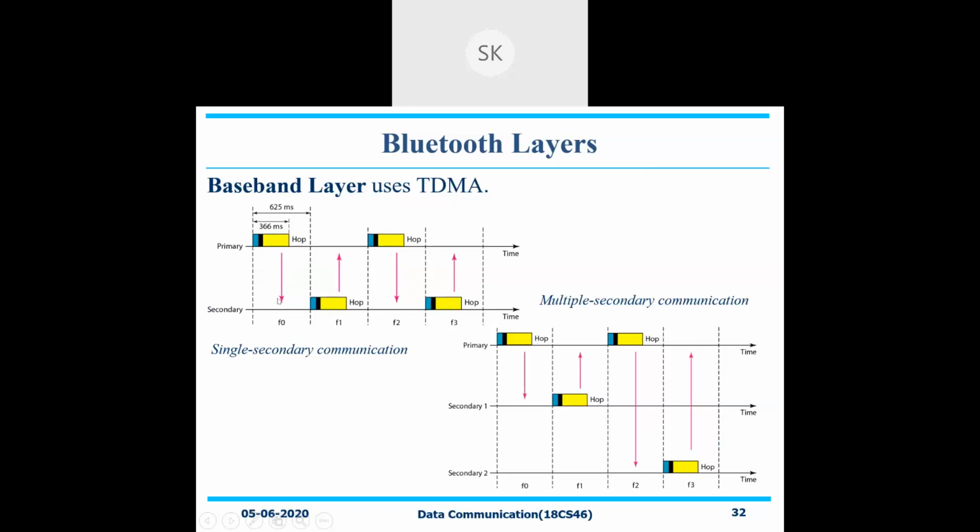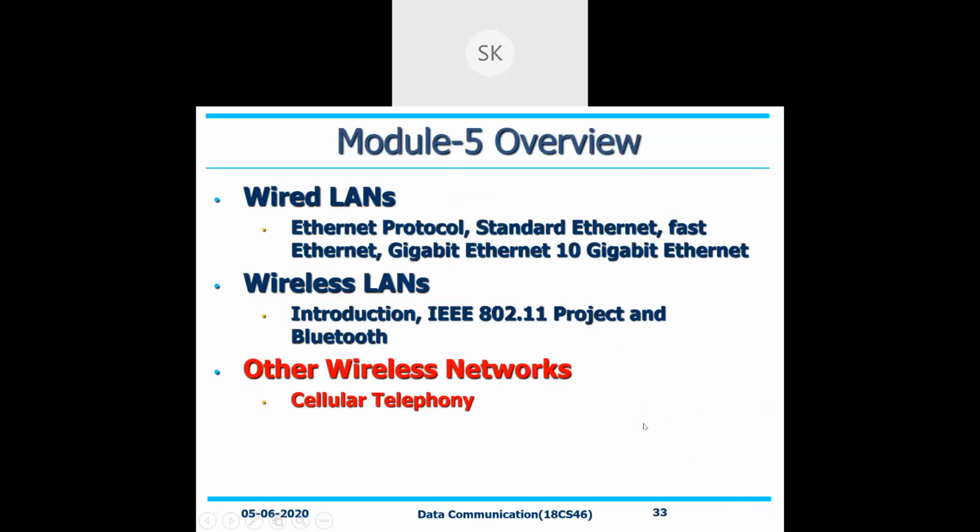For the data that has been sent from the primary, an acknowledgement will be written back. The same thing needs to happen for multiple secondary communication, if you want to go with that. Once it finishes with the first secondary device, the second communication can take place. Otherwise, it needs to wait. That is what it will be doing with respect to your Bluetooth.